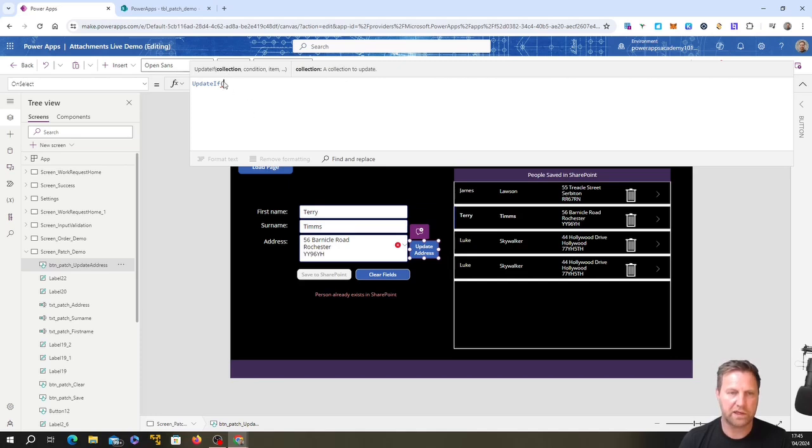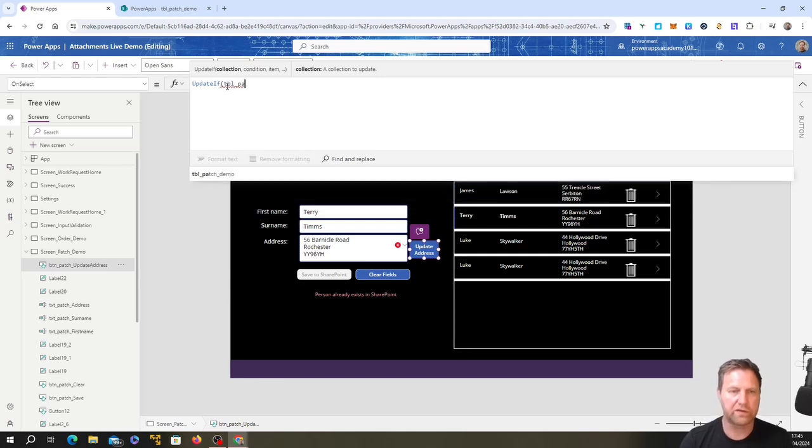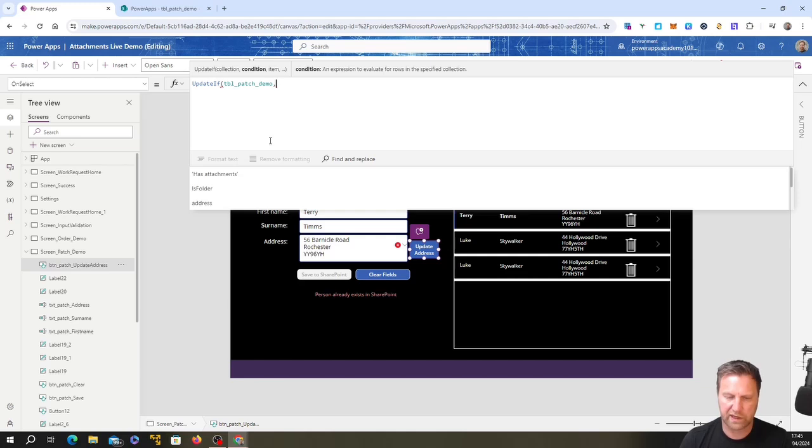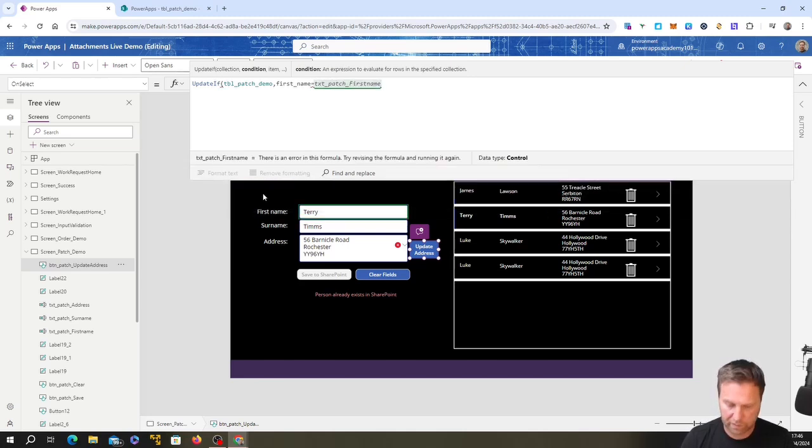So first you can see what's the collection you want to do. We're going to update our table, because we load our table into the collection. So table underscore patch demo. What is the condition? We're going to use the same thing, where the first name and the surname equal whatever's in the text boxes over here. So it's exactly what we did on the display mode there. So first name, where first name equals text underscore patch dot first name dot text,